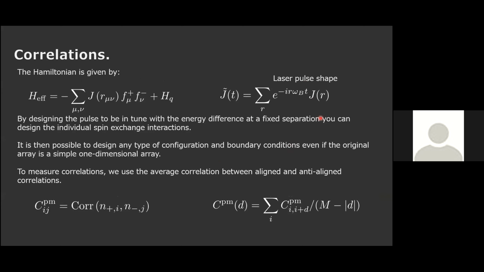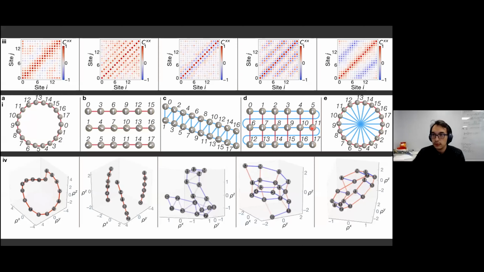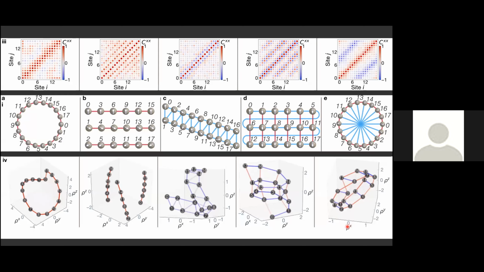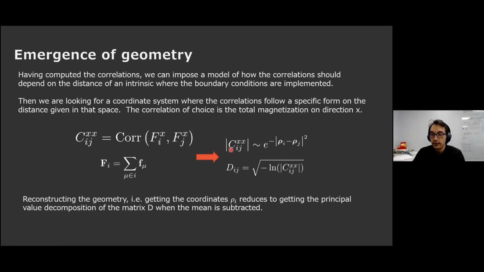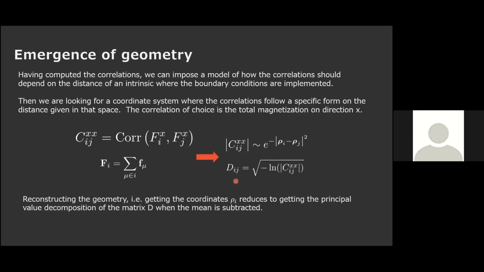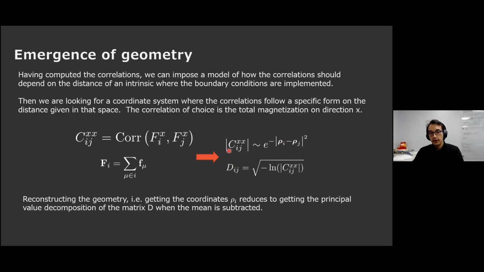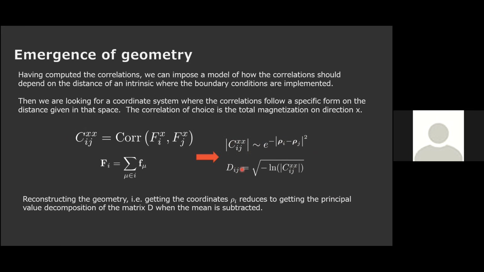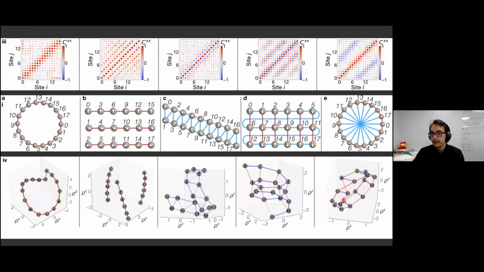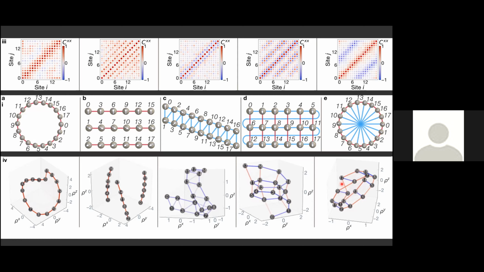And second question is, what is rho again? This rho i, rho j, like those are x, y, z, these effective coordinates that you extract from the correlations. So essentially what you do is you measure these correlations and you assume that they are Gaussian in the separation in some hypothetical or hidden coordinate space. And then the way to extract them is by getting the singular value decomposition of this matrix of separations. And then I guess the number of dimensions would depend on the rank of that matrix and so forth. Okay, thank you.